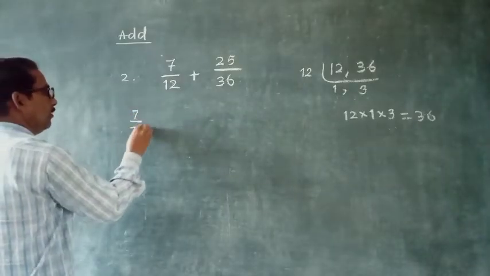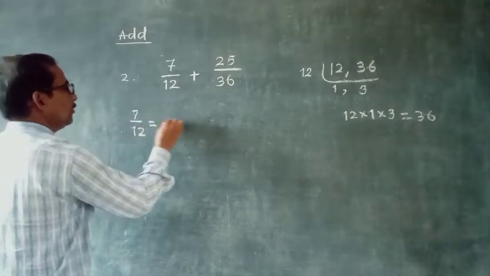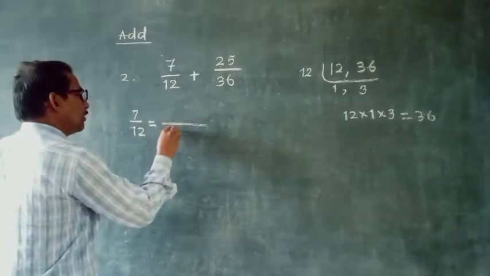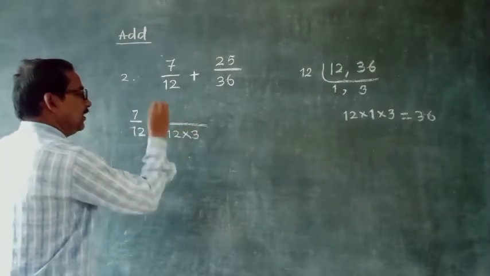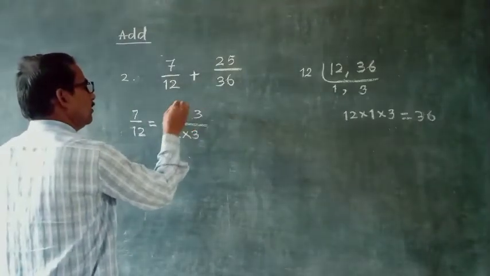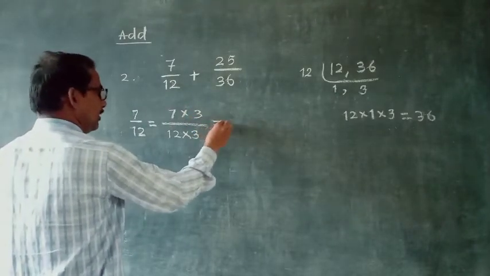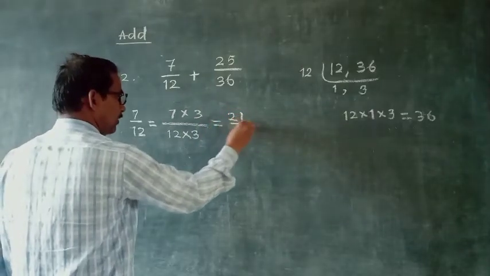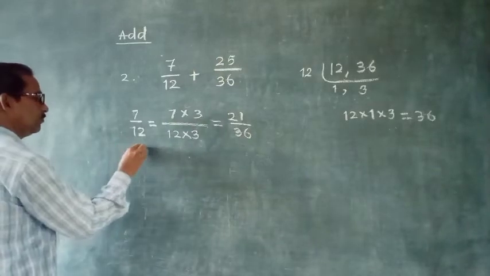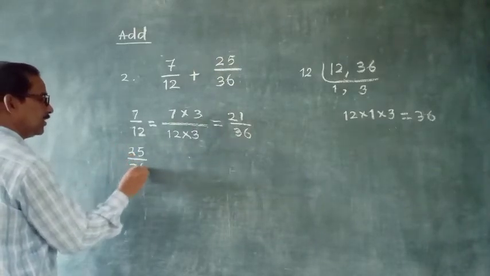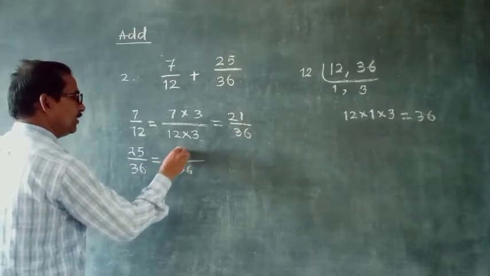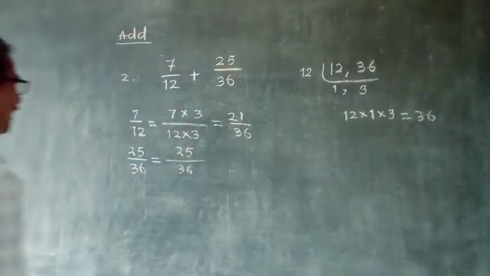7 upon 12 is equal to, we have to make it 36. Then we have to multiply 3 with 12, and the same number is multiplied here with the numerator. So it is 21 upon 36. Again, 25 upon 36 is simply 36, and here it is 25. Now